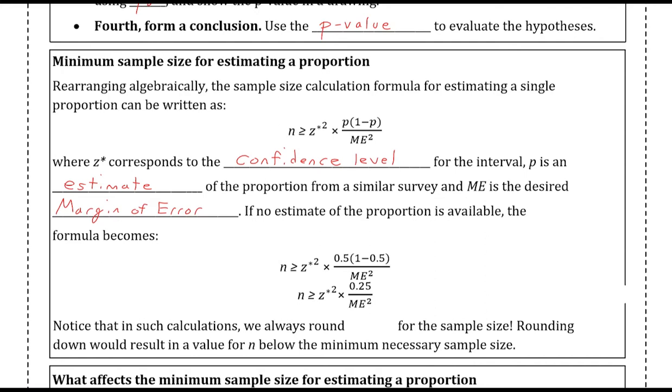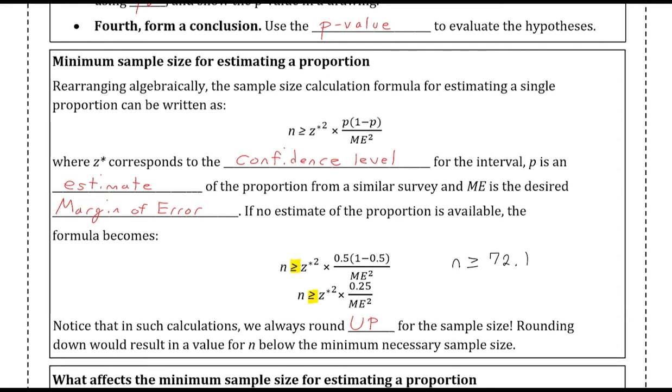Notice that in such calculations, we will always round up for the sample size. Rounding down would result in a value for n that is below the minimum necessary sample size. The primary reason for that is the symbol that is used between the two sides of this inequality. We have a greater than or equal to symbol. If, for example, we solve the right side of this equation and we get a statement that says n needs to be greater than or equal to